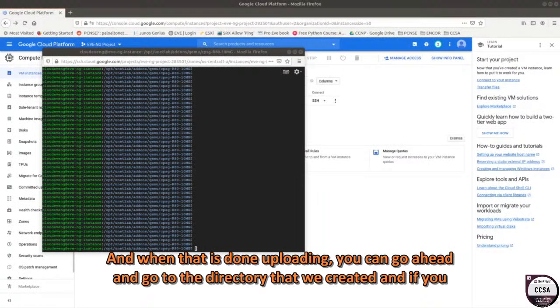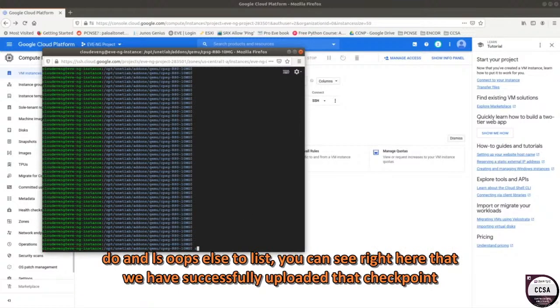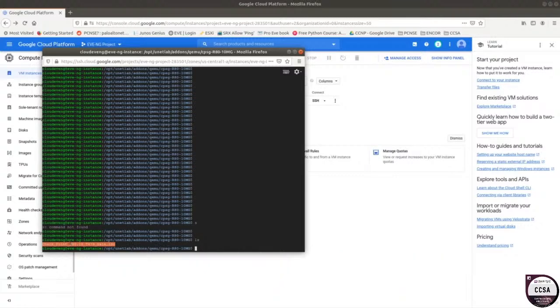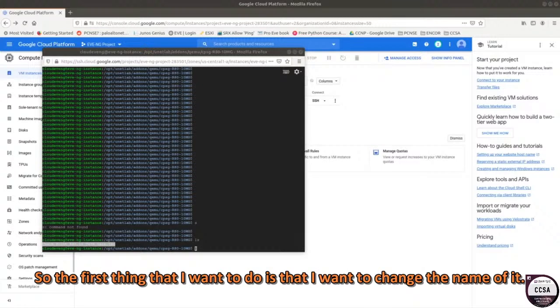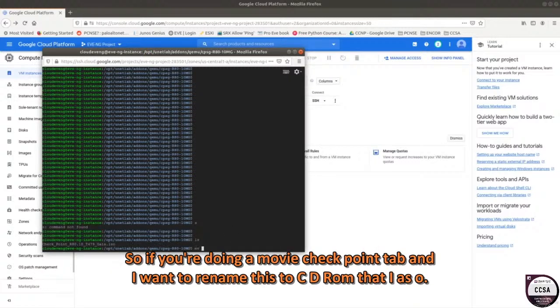And when that is done uploading, you can go ahead and go to that directory that we created, and if you do an ls to list, you can see right here that we have successfully uploaded that checkpoint image. So the first thing that I want to do is change the name of it. So if you do an mv checkpoint, tab, and I want to rename this to cd-rom.iso,